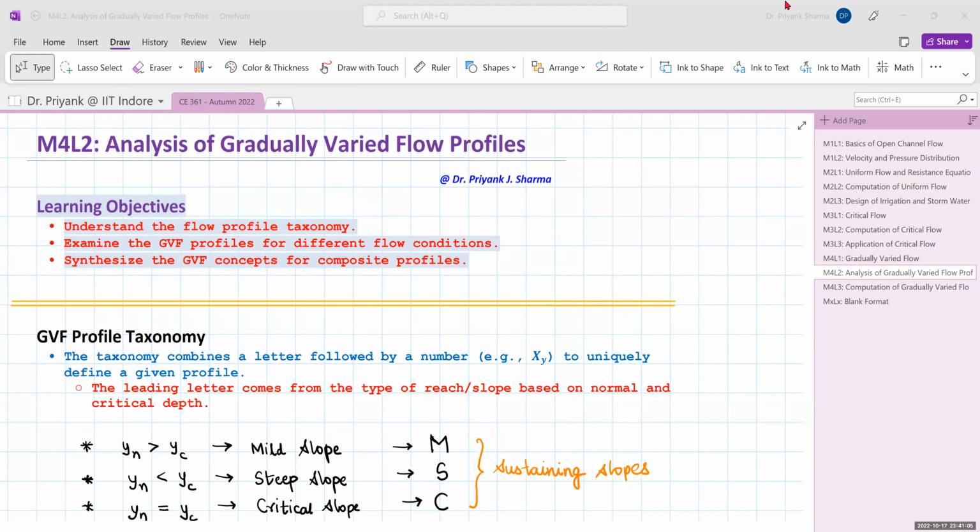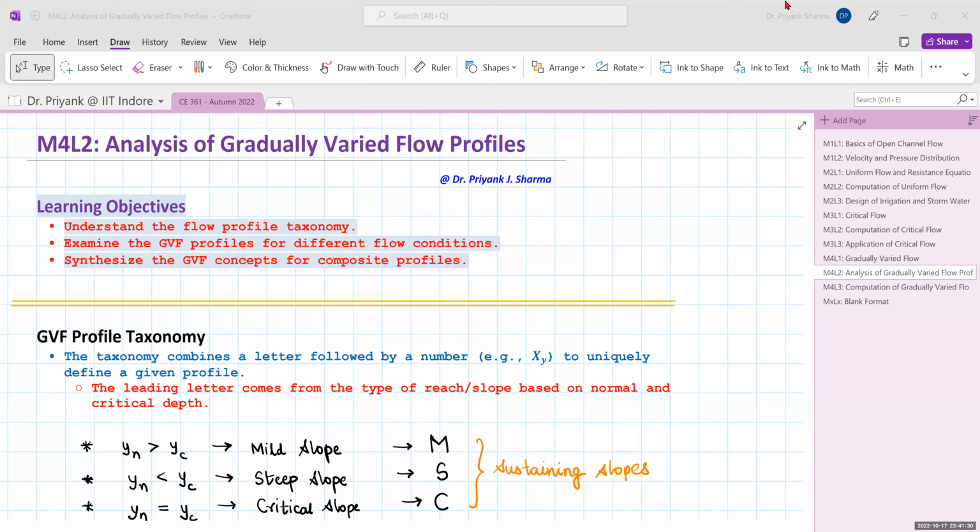Hello friends and welcome to the second lecture of module 4, that is analysis of gradually varied flow profiles. The learning objectives: I will understand how to derive the flow profile taxonomy, provide nomenclature to various profiles, will examine the GVF profiles for different conditions,